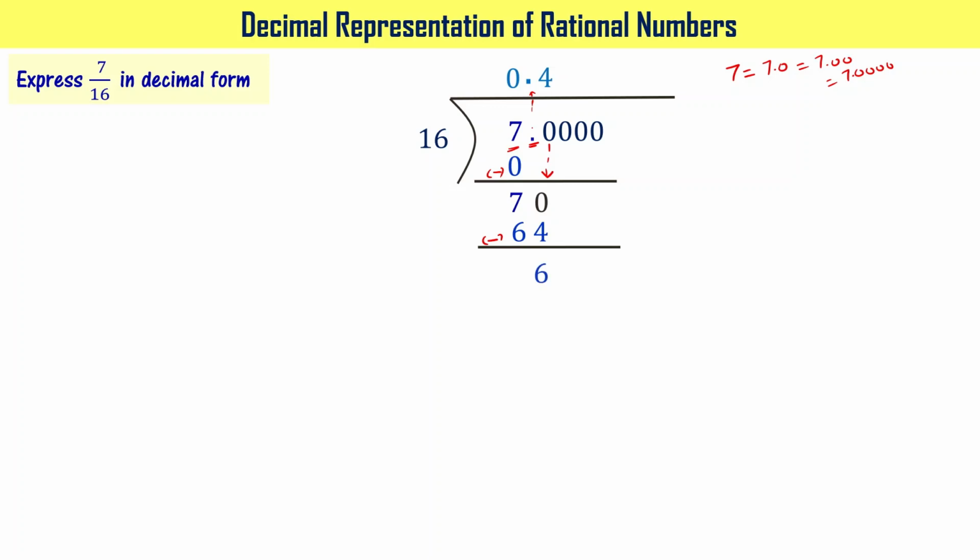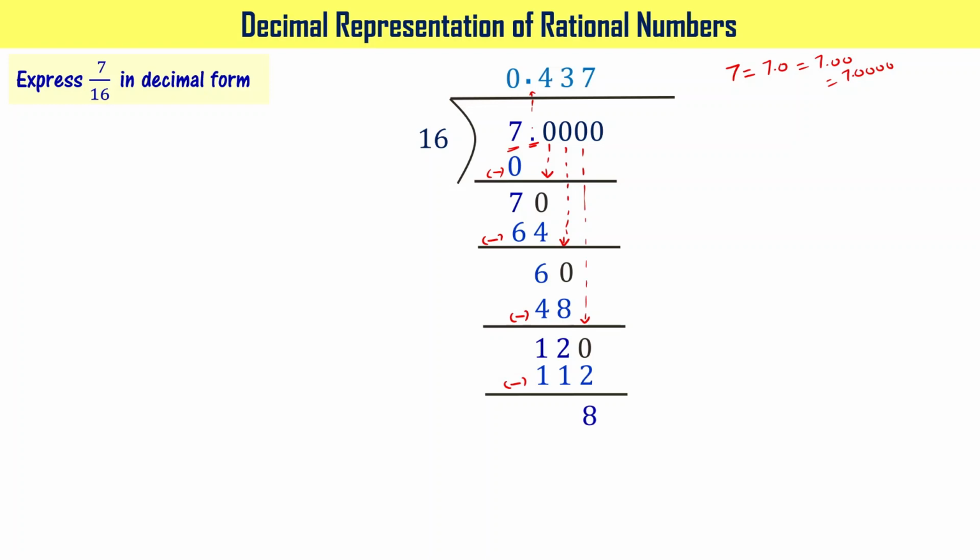Now I want to get the second 0 down, so that it becomes 60. The 6 has now become 60, right? Now divide 60 with 16. 3 times 16 is 48, right? You subtract 48 from 60. Answer is 12. Let's bring down the third 0. So 12 becomes 120 now, right? Divide 120 with number 16. 7 times 16 is 112. When you subtract 112 from 120, what you get is 8, right?